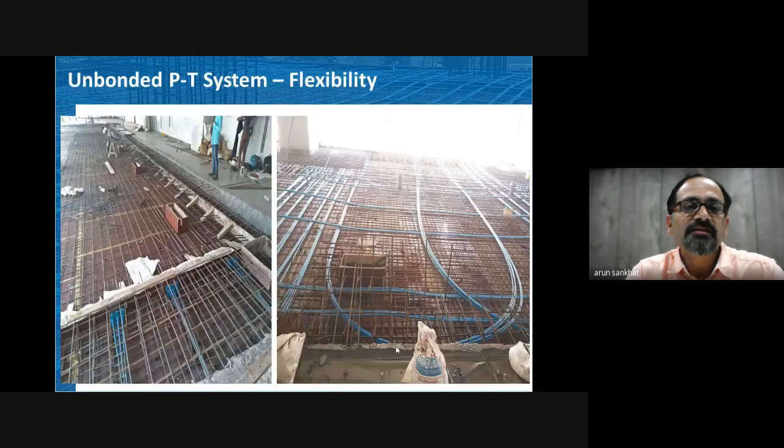Some interesting cases, unbonded PT systems. You can see the flexibility of the cable. You can see the cables are being laid in a circular fashion. Loop can be done. So this is a highly flexible system. You can accommodate the systems in building use actually. So this is an existing floor, and in the existing floor, some modification was to be carried out, and with the help of PT, this kind of modification, added floors are being taken care of.